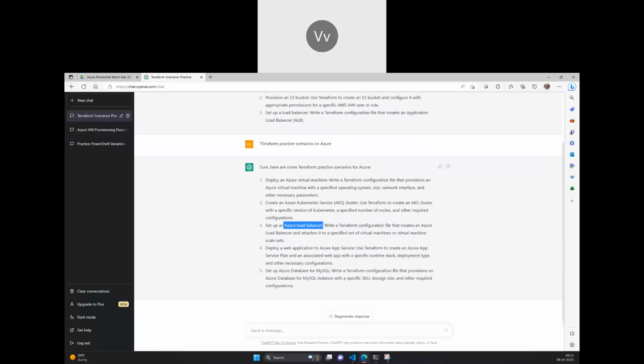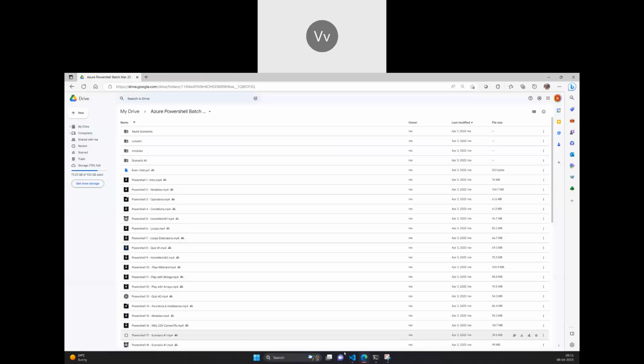How do you set up a load balancer? What is the point of creating a load balancer? What is the purpose of a load balancer and how can you achieve it? The purpose is to balance the load between a set of things. So what set of machines, and how would it be an internal one or a public one, and what all configurations we can see in production, and how can we write that in Terraform. So we'll see that in a broader way.